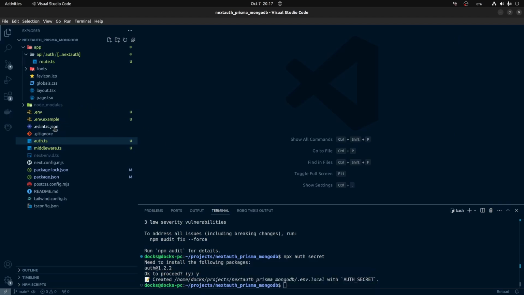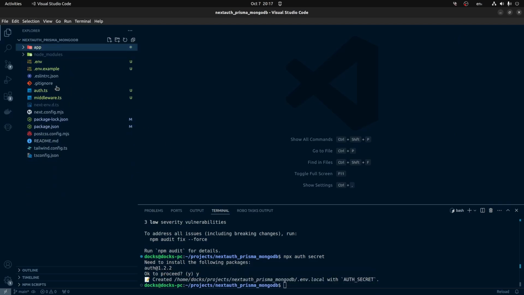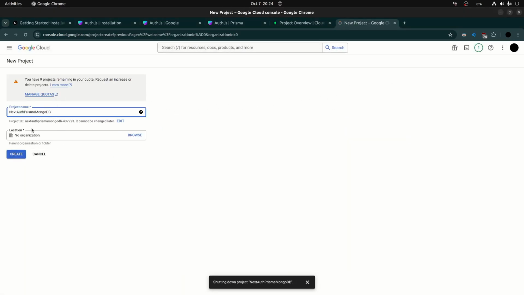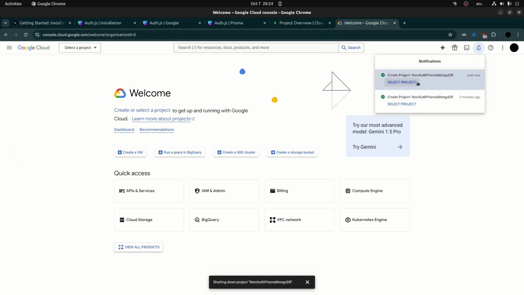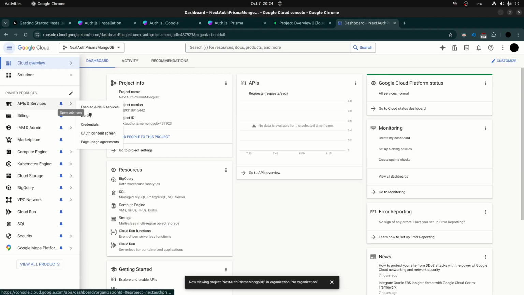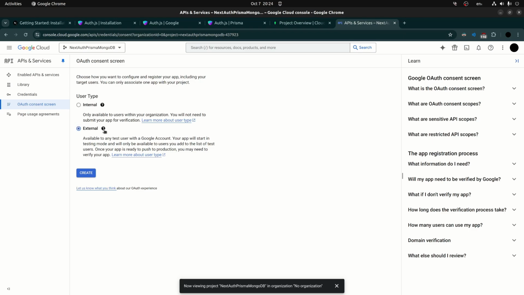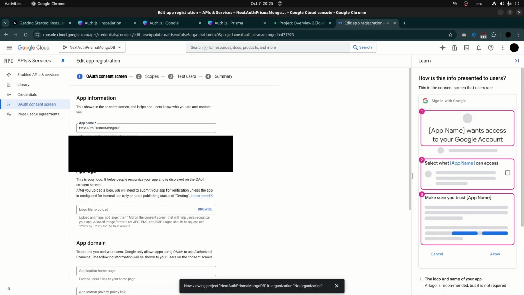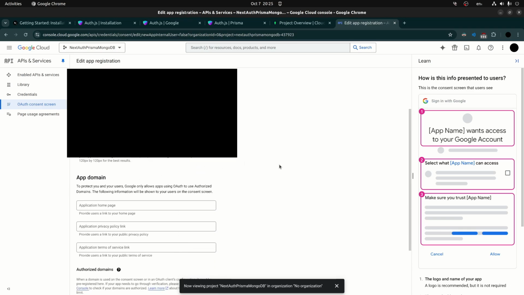So we have to create one in Google. Okay, so now here on Google you can create a new project, and you're going to name your project. I will name mine like that. After the project is created, you can select it, and you'll need to go to APIs and services, and inside OAuth consent screen. After that, you can create by going external and naming your app. I'm gonna name it that way, and you can select your own email here in the user support email, and